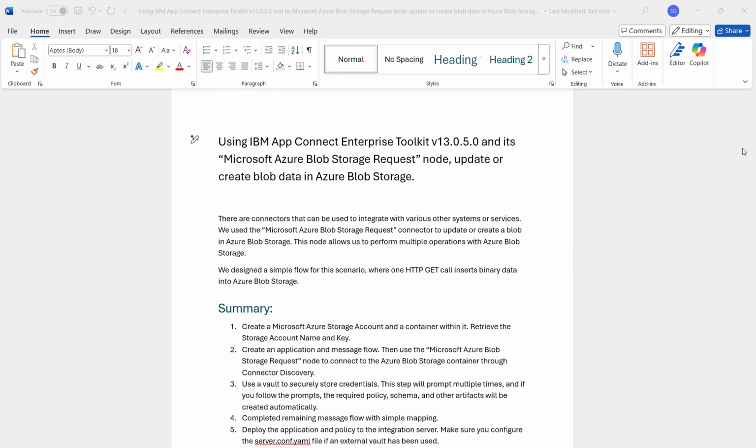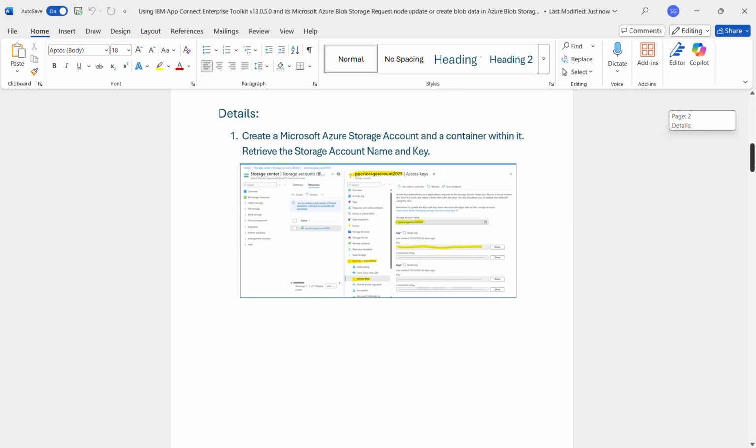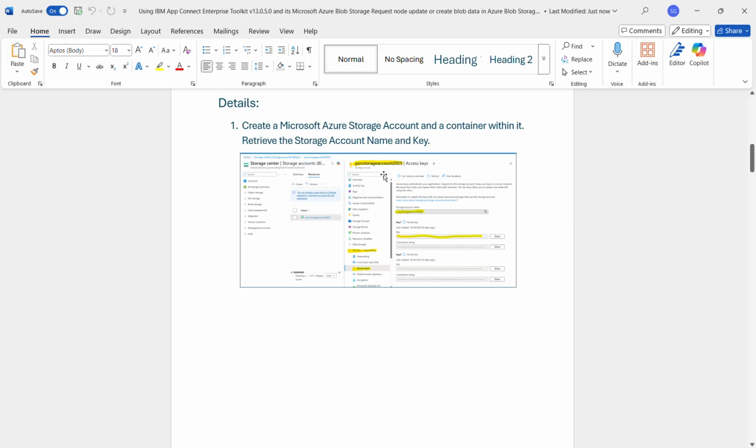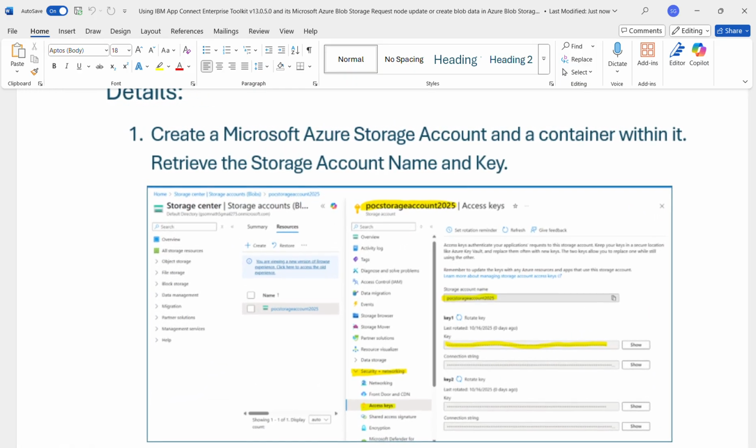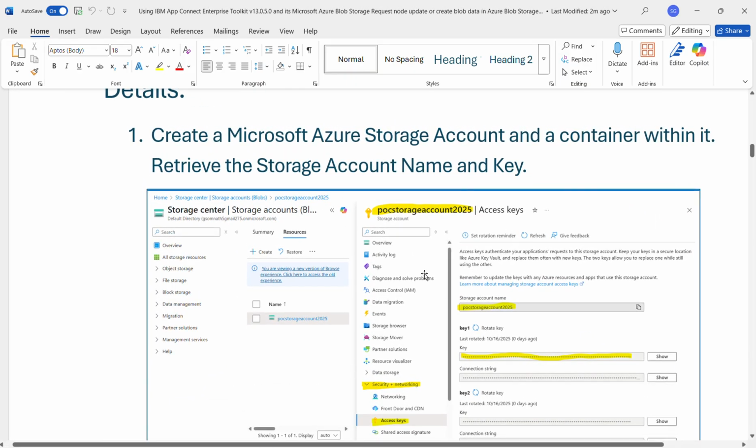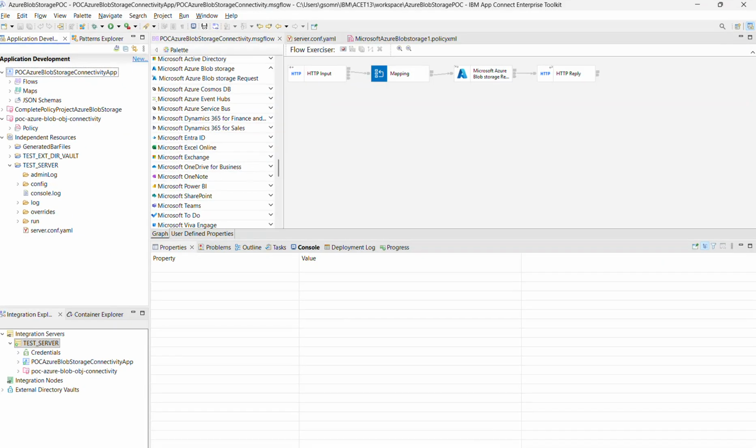So as a first step, you should have an Azure account, and there you have to create an Azure storage account and a container on it. Once it is done, you go there and see, under security and networking, the access key. You have to take that key, that storage account name and key. Once it is done, for this POC, what I did, I created one application,